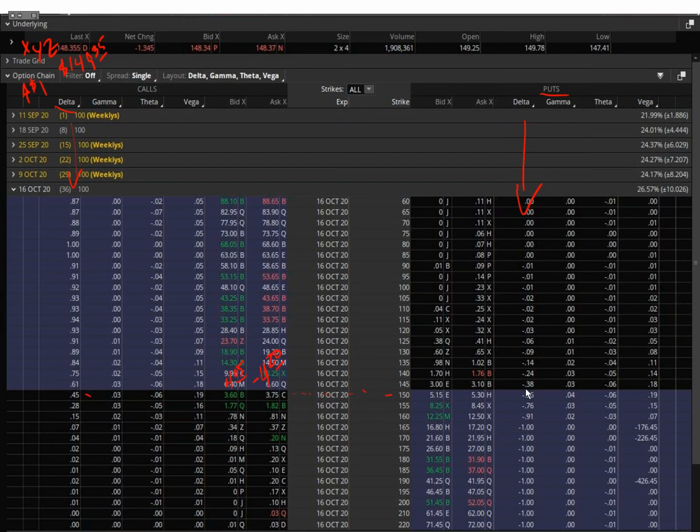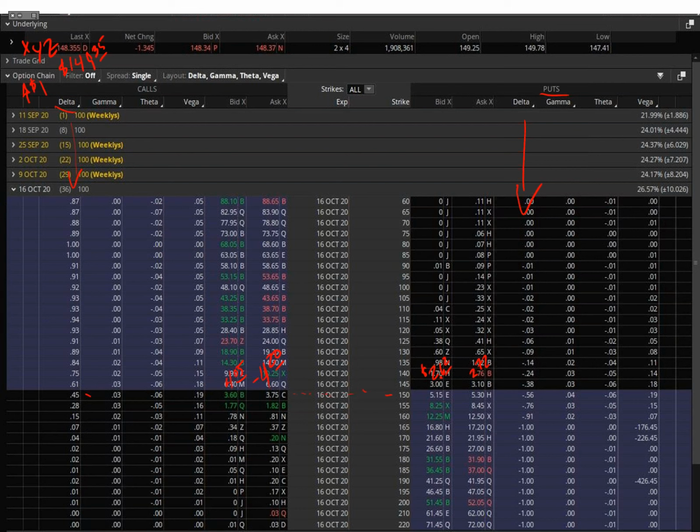If we were to move higher, we've got a negative delta over here. So we would see these premiums decrease and we would be looking at them being $2.62 on the bid, right? $2.62 because it decreased by 30 cents as the underlying went up. And this would be $2.72 on that first dollar move higher. That's what would happen to our premiums on just a $1 move higher.